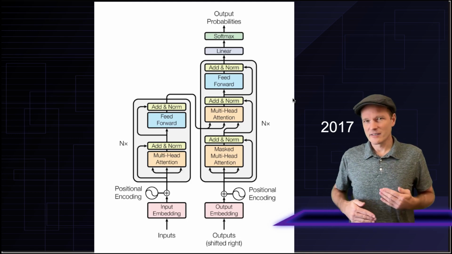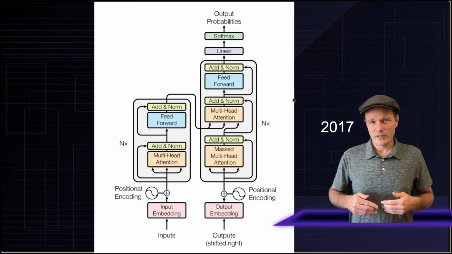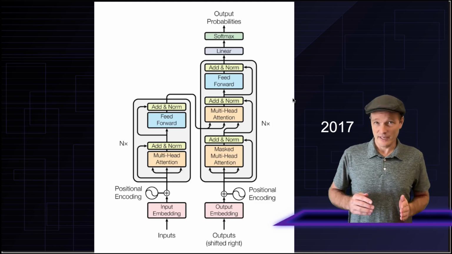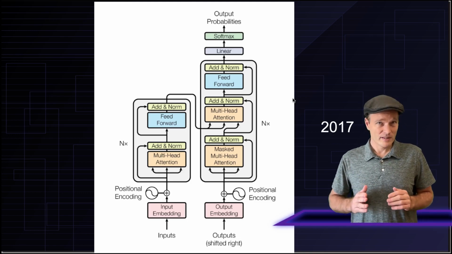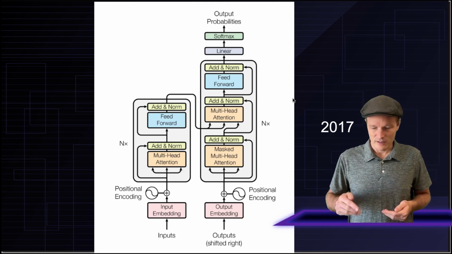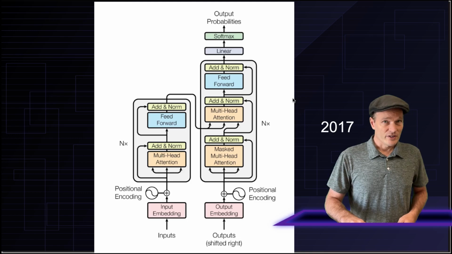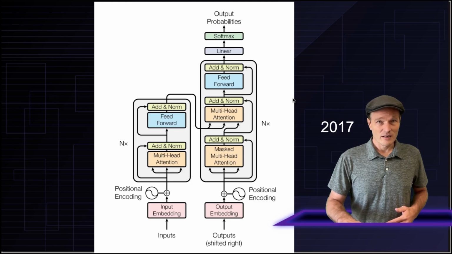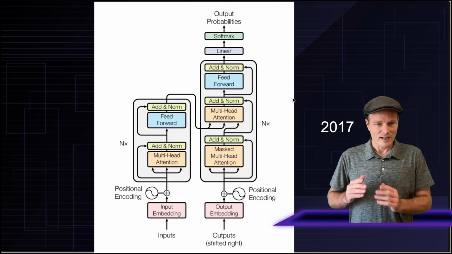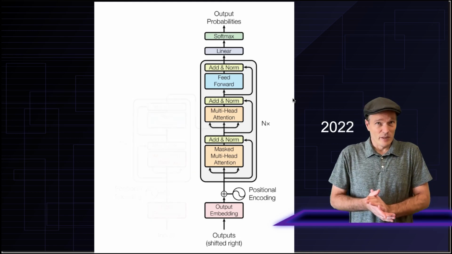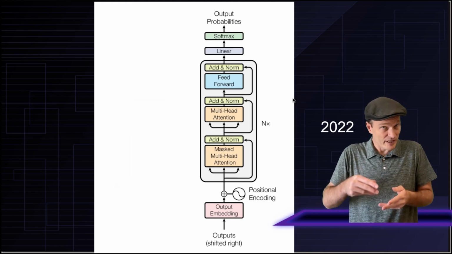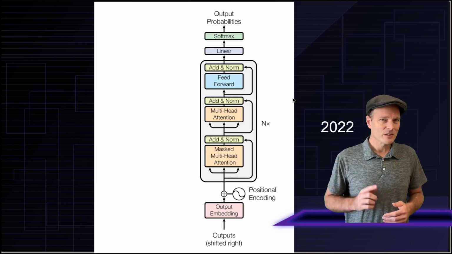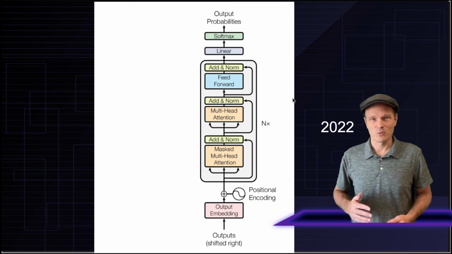Now, transformers were originally designed for sequence-to-sequence conversion. For example, they could translate from one language to another language. In this case, the left side of this model takes the input language, and the right side of this model outputs the target language, the language that we're translating into. Now, OpenAI was working on a chatbot. They didn't actually need an input language that differed from the output language. So what they did is they cut off the left side of this model, and they only used the right side. Essentially, this returned to being an autoregressive model. We could take the text that was known and feed it in, and it would predict the next word in the text. The big difference is that it still had these multi-head attention blocks, and that turned out to be the great secret that made autoregressive models work.